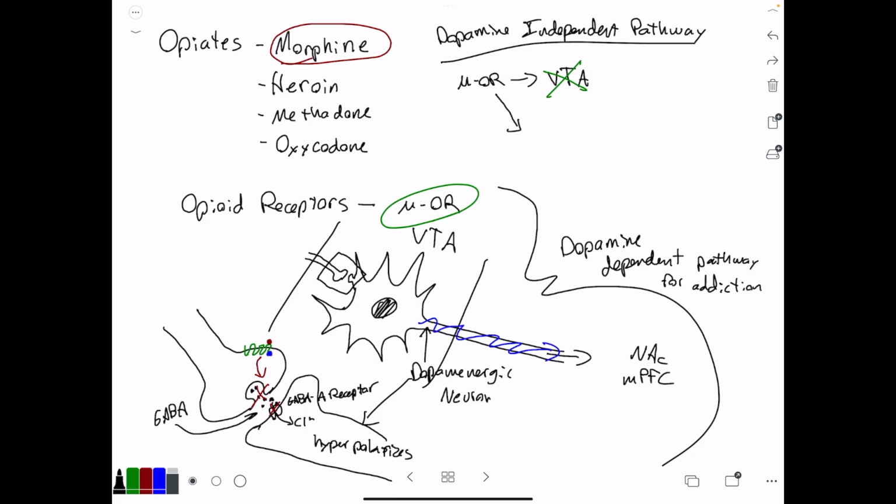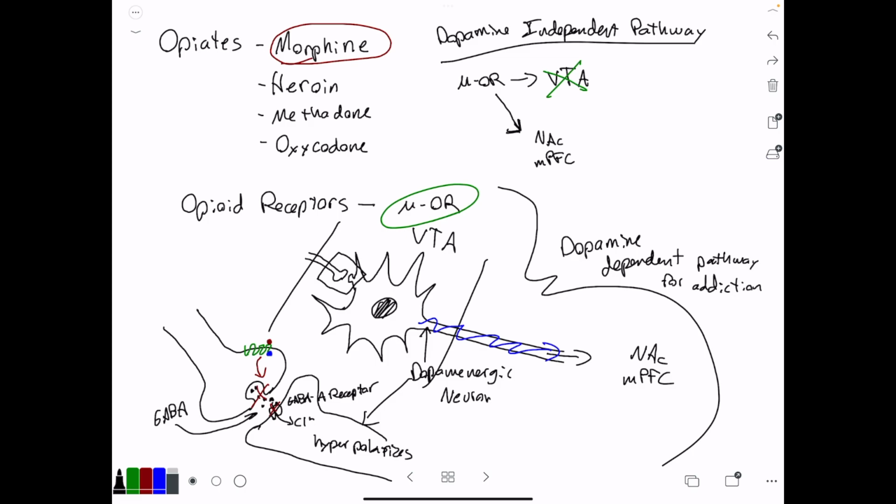But we also have opioid receptors, these same mu opioid receptors, in the nucleus accumbens and in the medial prefrontal cortex as well. And what they do there,